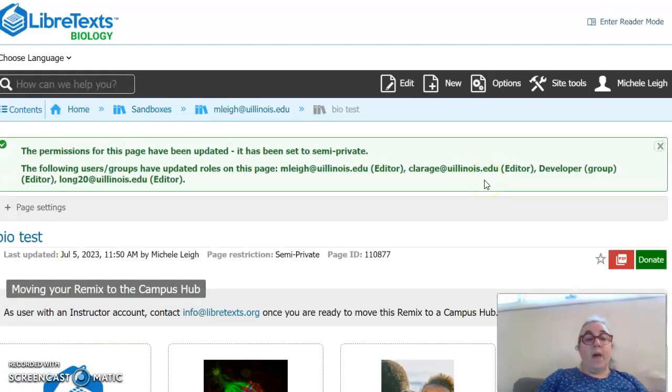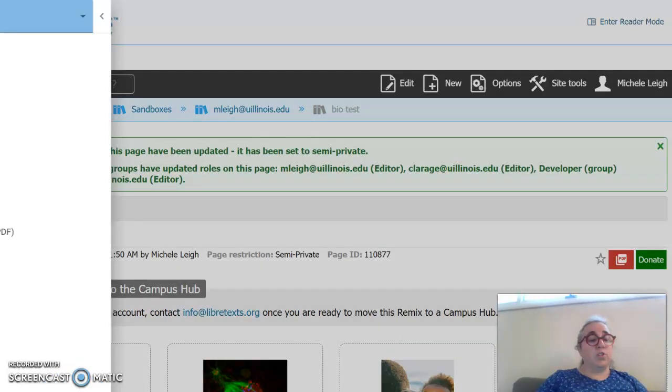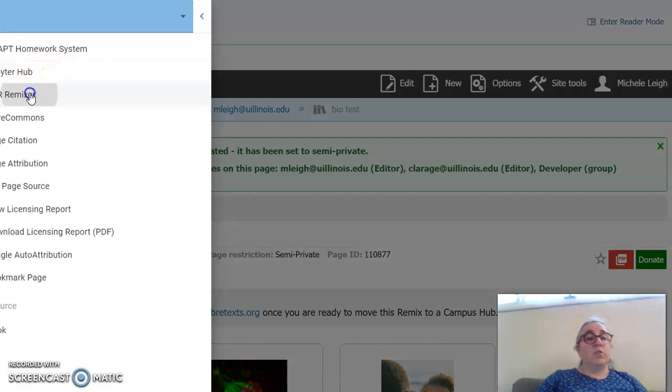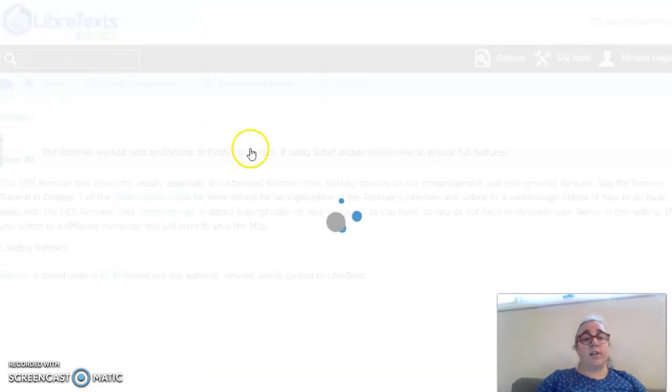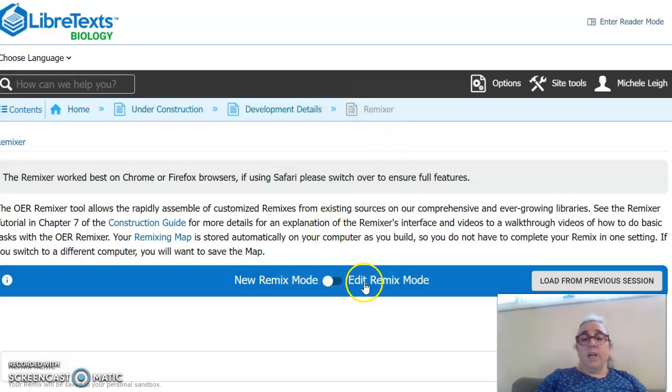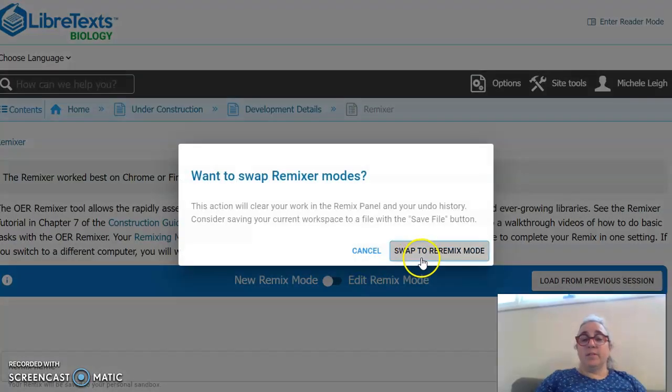And now when that person logs into their sandbox, they'll be able to see your sandbox and their sandbox, and from your sandbox they'll be able to see what they're working on. So if you've given someone permission, the way they're going to see it is they're going to go to Tools, they're going to go to the Remixer OER editor, right? Click on the Edit Mode Remix,